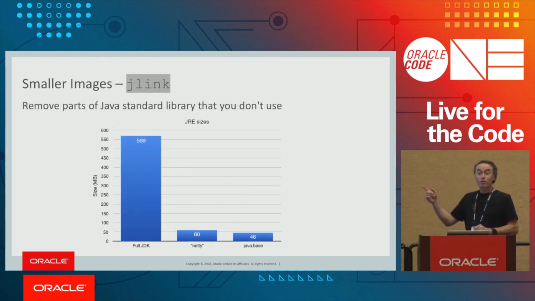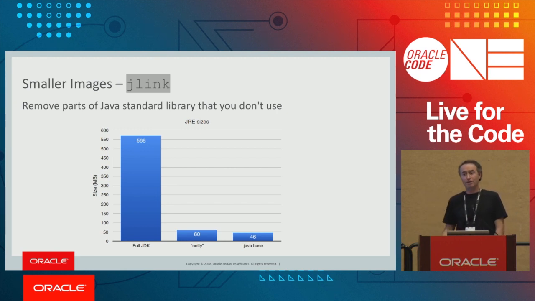So JLink will go and rip out all the classes you don't need for your app. It works with modules, but also works without modules. So if you see here, the base Java application you can run takes about, well, the JDK classes are 568 meg of code. Of classes that you don't need all of them to run your basic hello world, like it's about 46 meg. Right, so it's a fraction of the size that you actually need in your Java app.